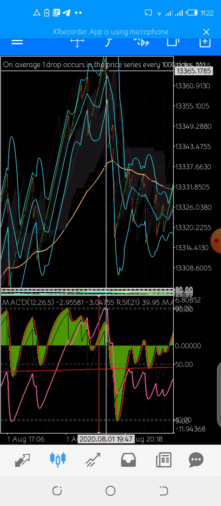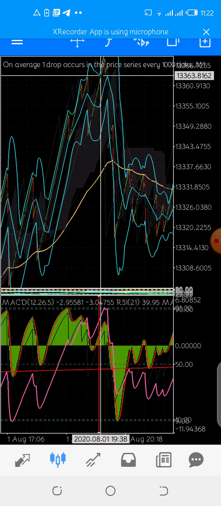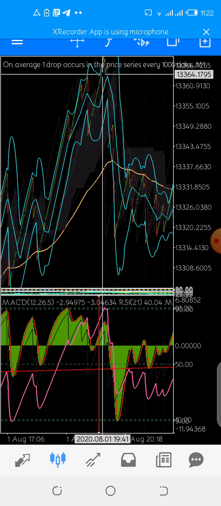You are supposed to have placed your trade there before it started spiking, because it was confirming on both M1 and M5. So you're supposed to have placed your trade there. So with this kind of setup, do you see